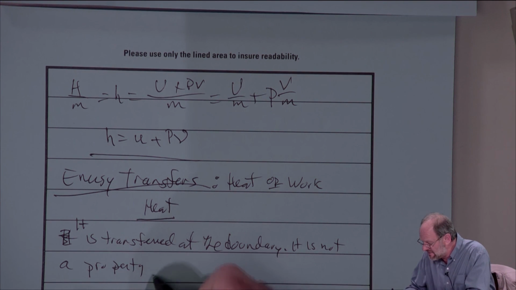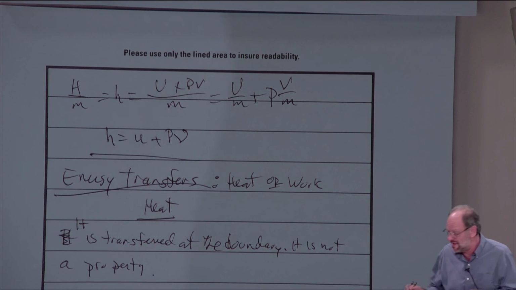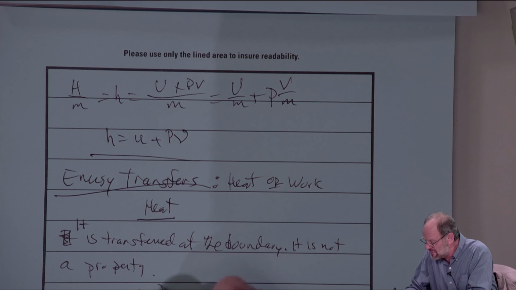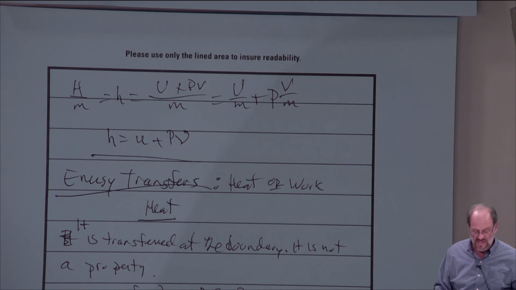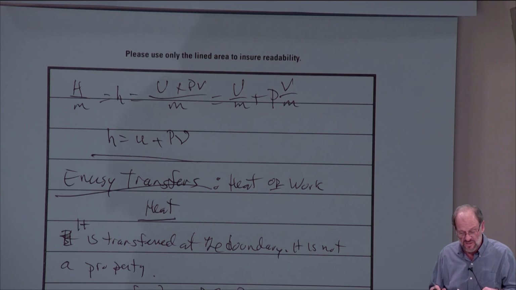If we look at the units, these are the same units as we saw before, right? Heat is a form of energy. It's an energy transfer. It's a form of energy, so it's got the same units. The units are either going to be kilojoules if we're dealing with the SI system, or typically BTUs if we're dealing with the British system. Okay, so those are the two units that we're going to be dealing with here.